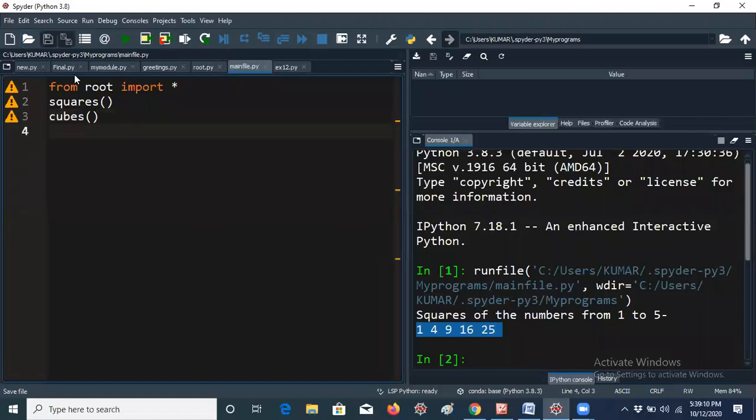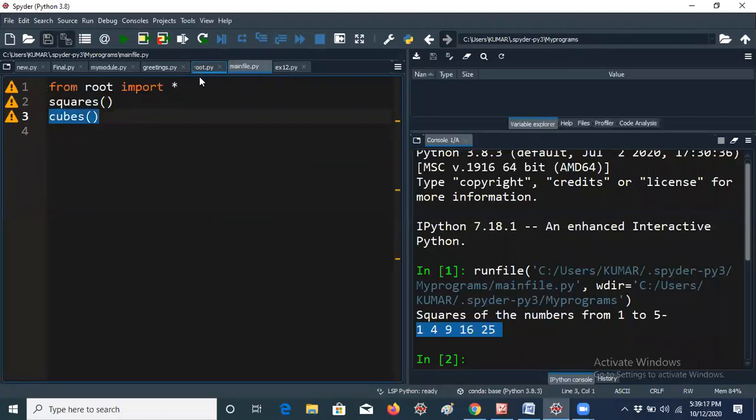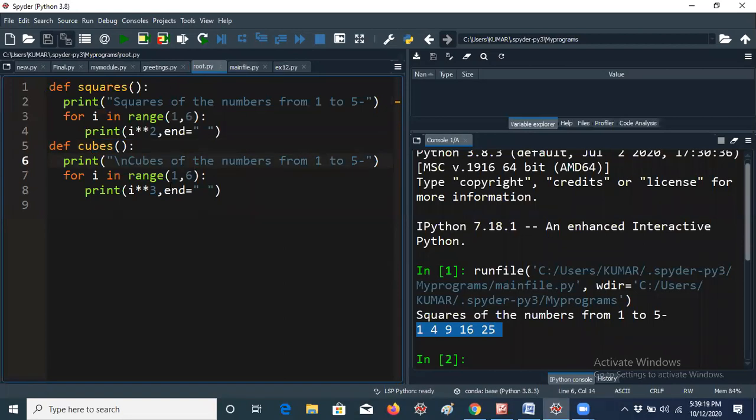So now I'm giving cubes. Okay, so let me save the program. It is moving to the cubes method now. So the cubes function is the called function. It will iterate from 1 to 5 only. This is the exponentiation operator I am using. First it will take i value as 1, 1 cube is nothing but 1, you know already, right? So 2 cube, that means 8. Likewise you will get the remaining values. 3 cube is 27, 4 cube 64, 5 cube 125. So let me clear all the things.